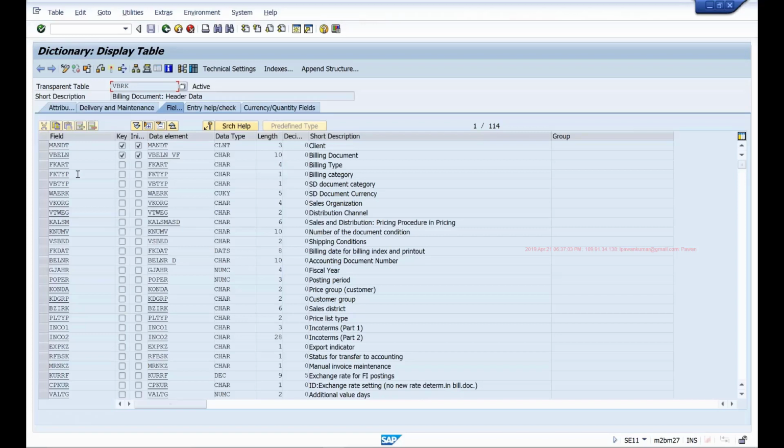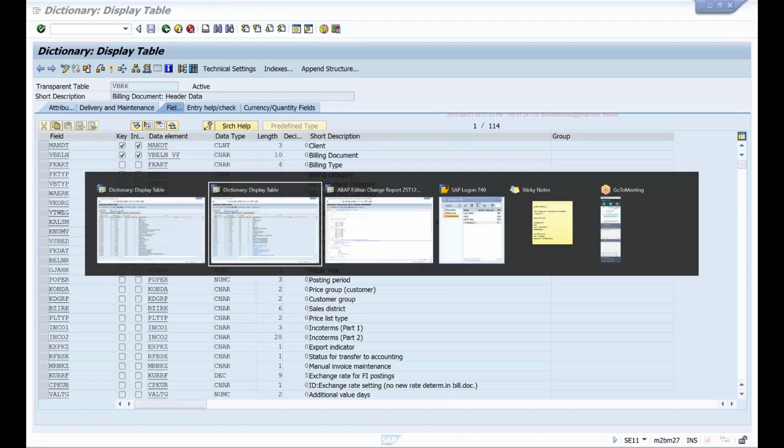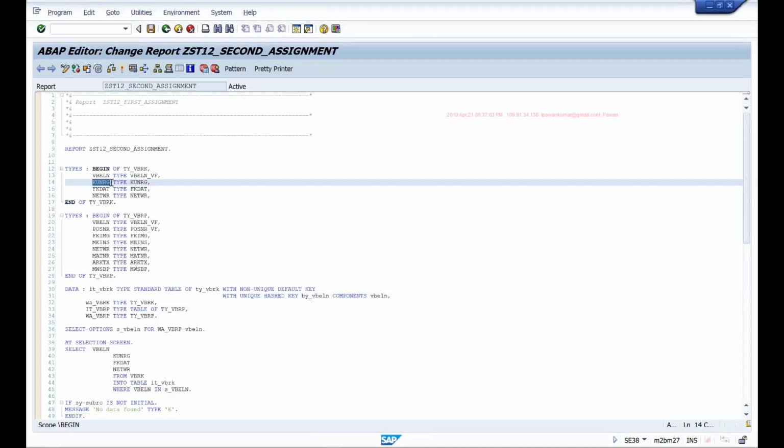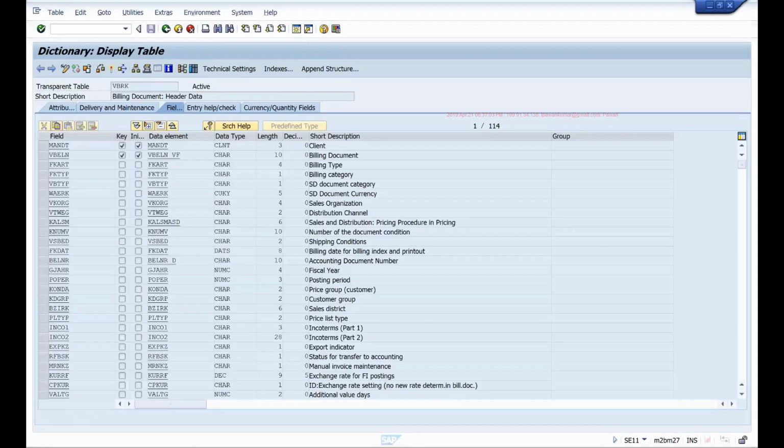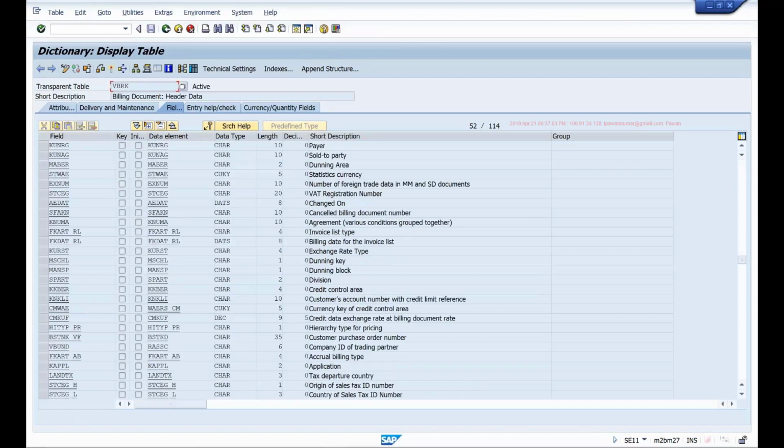So if I already had the customer name in this table directly, then instead of printing, for example, this KUNRG field, that's the customer number or the payer. If you look at KUNRG, this is the payer, and it is only storing the number, not the name of the payer. So if I had another field which was storing the name of the payer, then I could have directly used that field in my program to print it in the output. But in this case, we don't have that. This table only has the payer number, not his name. So I can use this payer number to query KNA1 table to get the name of the payer.